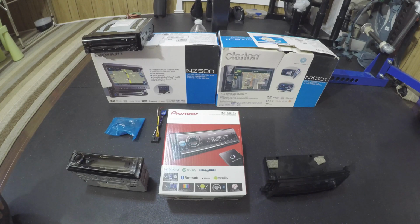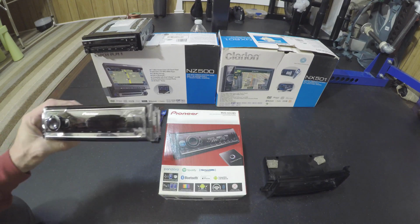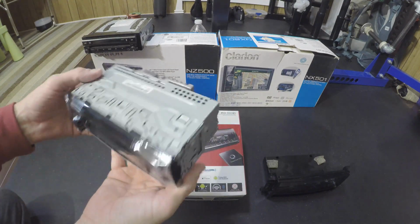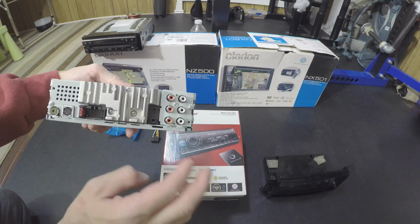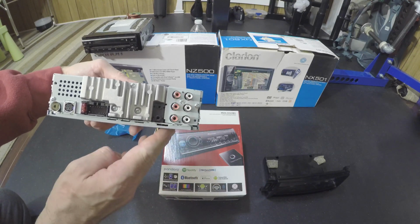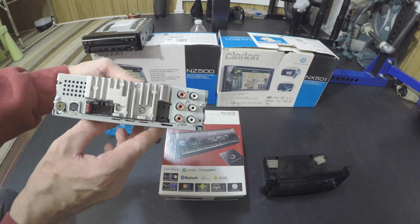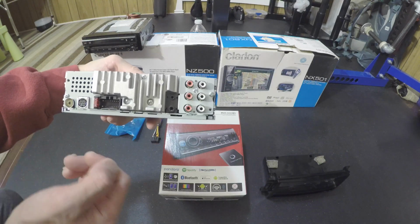So out with the Clarions and in with the Pioneer single DIN head unit. I got a really good deal on this off Amazon. It is rated very well. Hopefully this one lasts a long time. It has 3 sets of pre-outs for driving a subwoofer and a 4-channel amplifier, which is what I'm going to be using. This vehicle will get 2 amplifiers, one for the subwoofer and a 4-channel for the rest of the speakers. It has satellite radio input, which I will not be requiring,